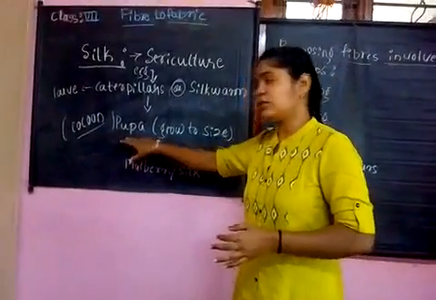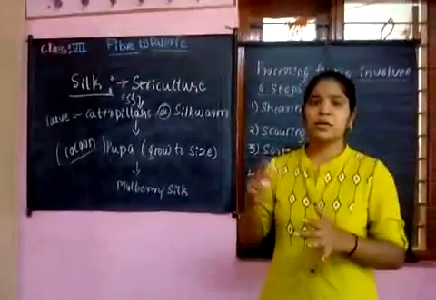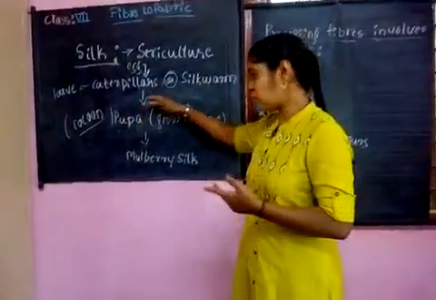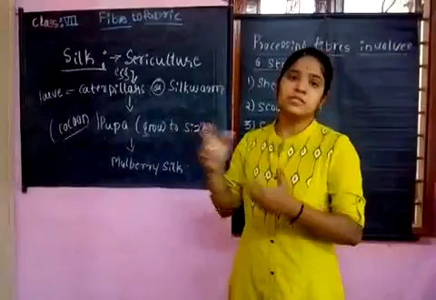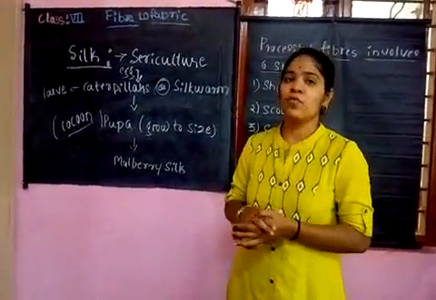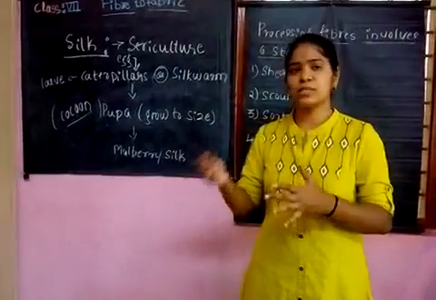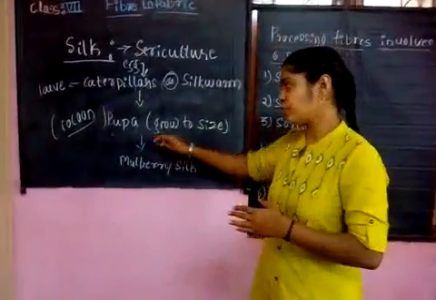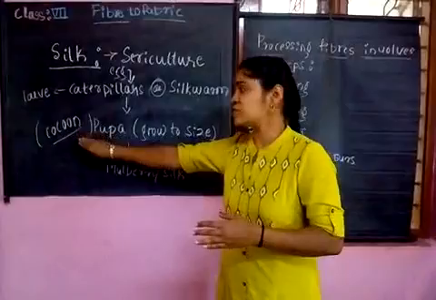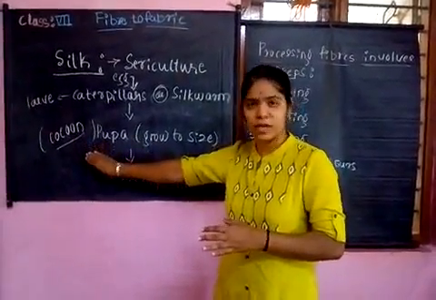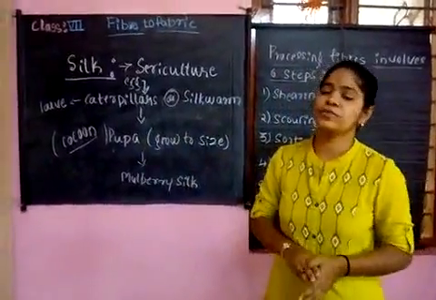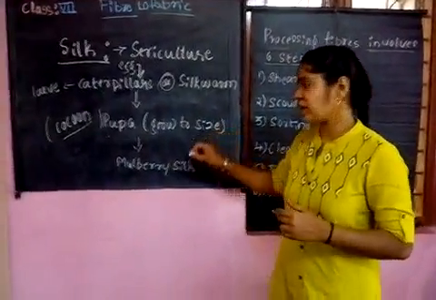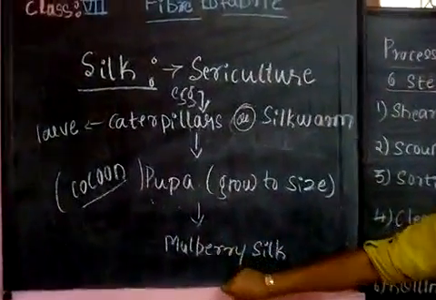In only some days there will be a formation of silk fibers on this cocoon, and this cocoon stage is converted to a useful form of silk, and whatever useful proteins are produced on this cocoon become a useful form of silk fiber. Okay, in which plant is all this done? As I told, it is done on the mulberry plants. And after this, the formation of the mulberry silk.